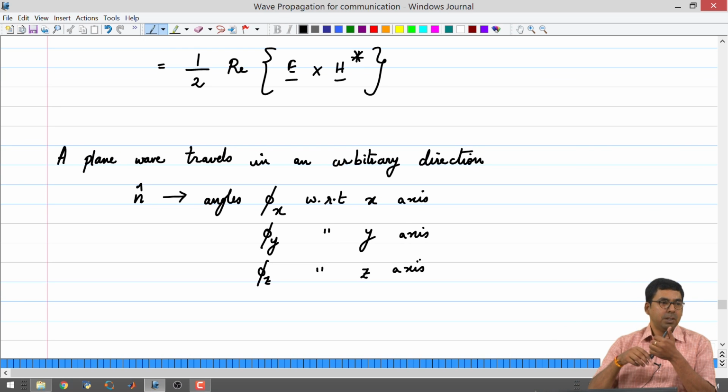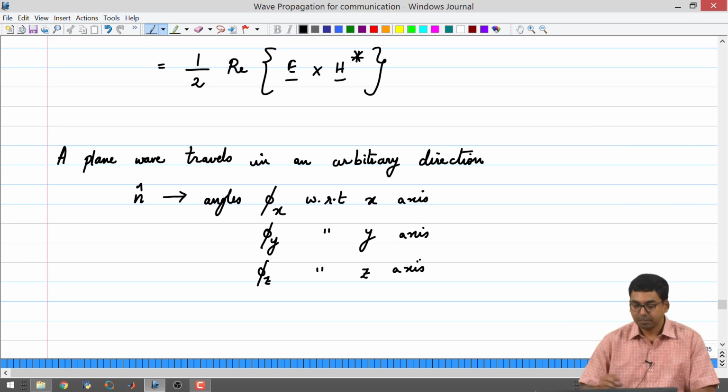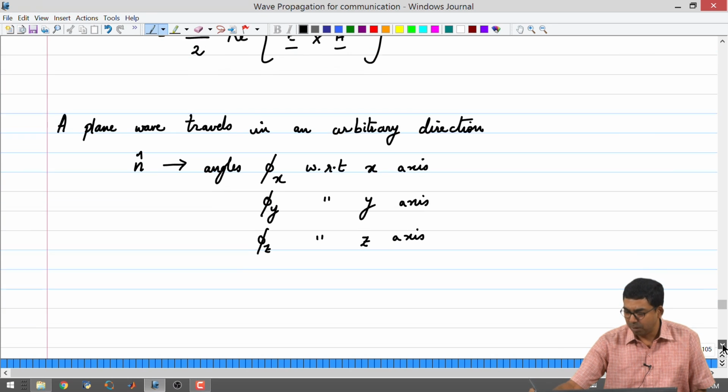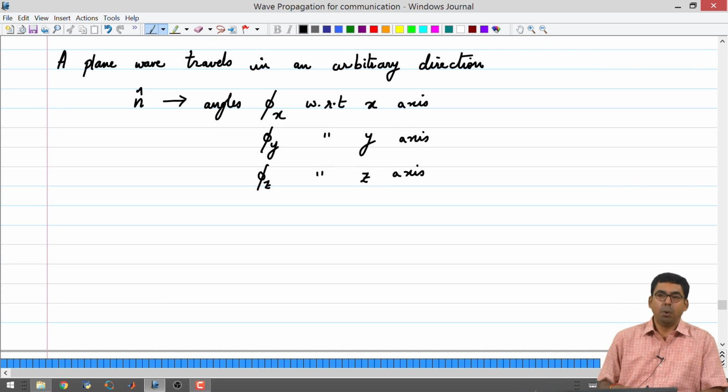The opposite can also be fine, if you are comfortable with having fixed coordinate axis and then describing what a plane wave is doing, that is also fine, alright. Depends upon what the student finds more comfortable, right. Most of the times I find it comfortable to orient my thumb to the z axis, right. That way it becomes easy for me to describe the fields, but this is also a valid thing, right.